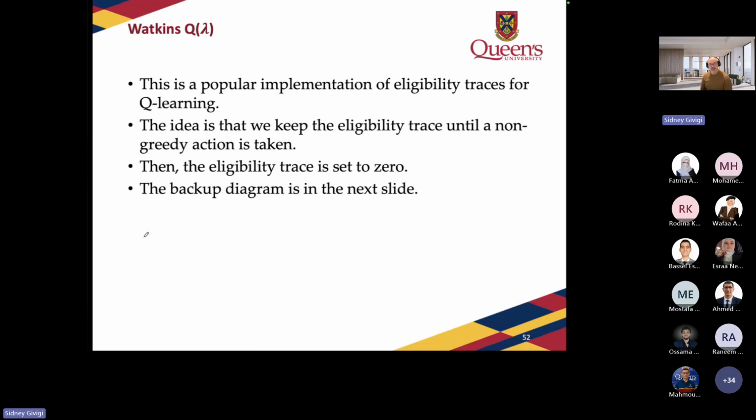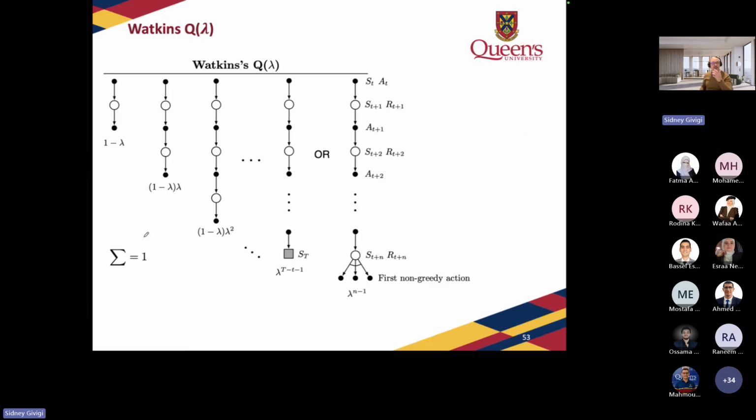And this is what is called Watkins Q lambda. It is the most common implementation of it. You see these implementations, for example, in DQNs. You can actually have that set up in DQN, but it is not something that is unique. So there are different versions of it. I'm mentioning this just because when you go back and want to do some work by yourself, you're going to see that there are different implementations of this algorithm, and Watkins Q lambda is one.